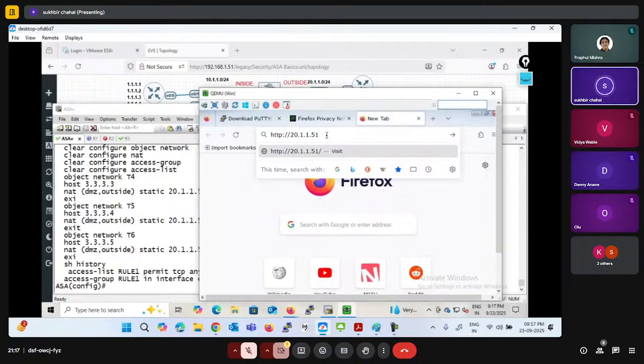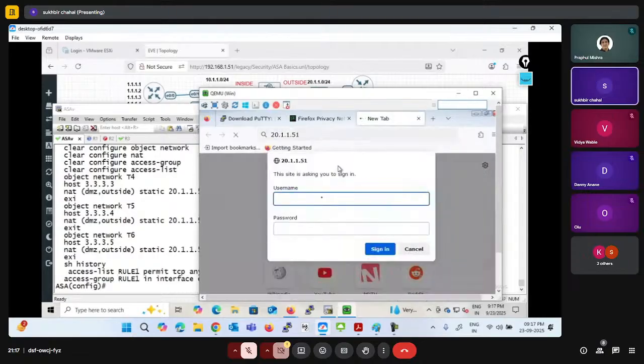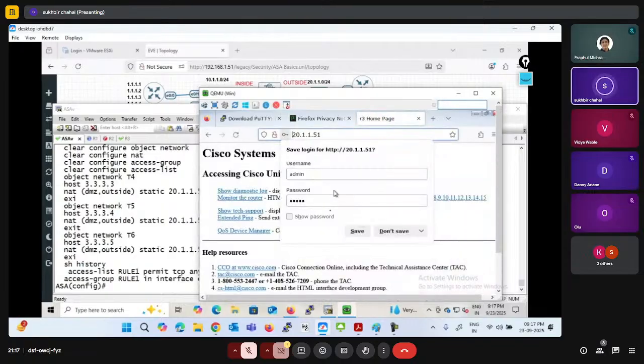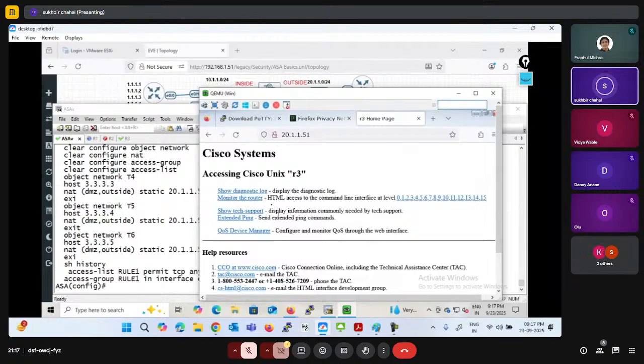So right now we have 51, right? So HTTP is asking the username admin, password is Cisco. So just if we check, okay, now we have access of router. So that's how we access the router. Okay, so we have access of router,